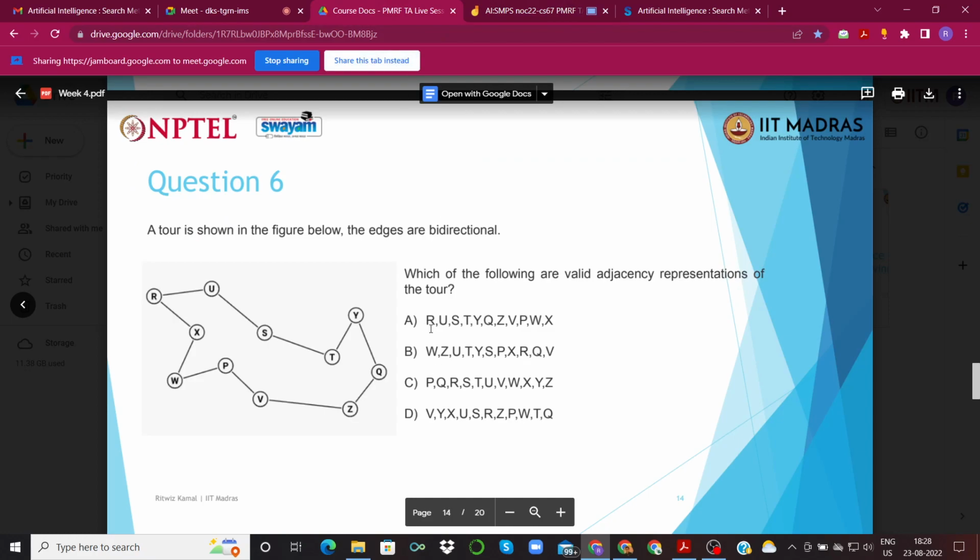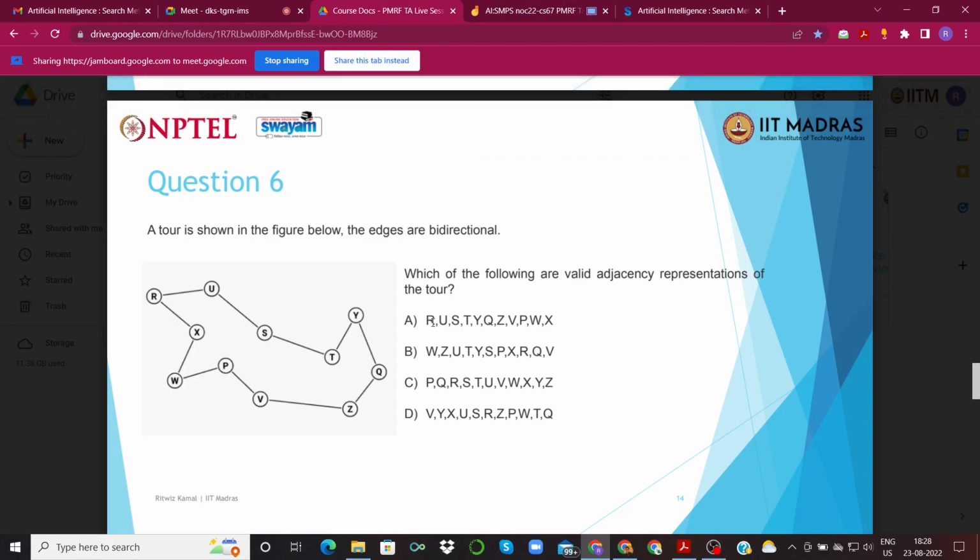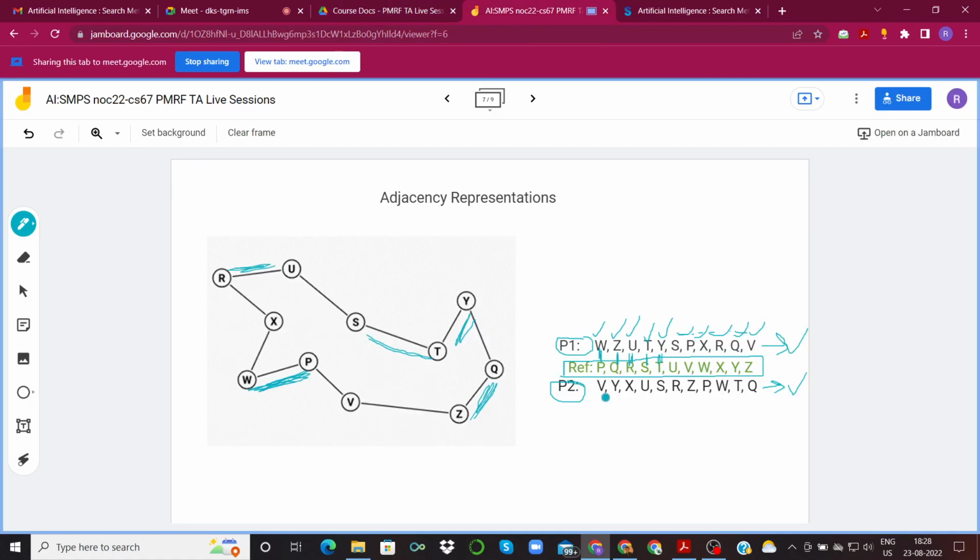Let's take a look at, let's say, the first option, which starts with R, U, S, T. Is P adjacent to R? No, right? P is adjacent to only W and V. So right at the first step we can deduce that this is not a valid adjacency representation.